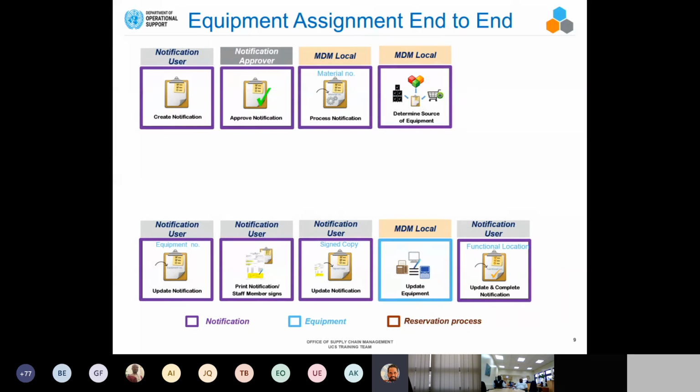Let me see from where we start. I'm starting from the SD10 role. Ivo Petzer from